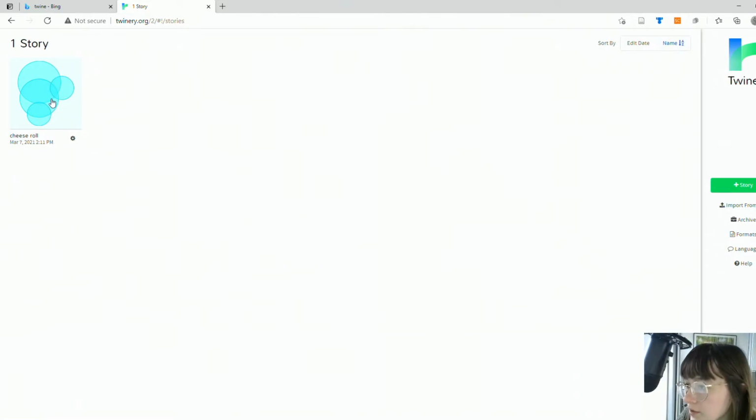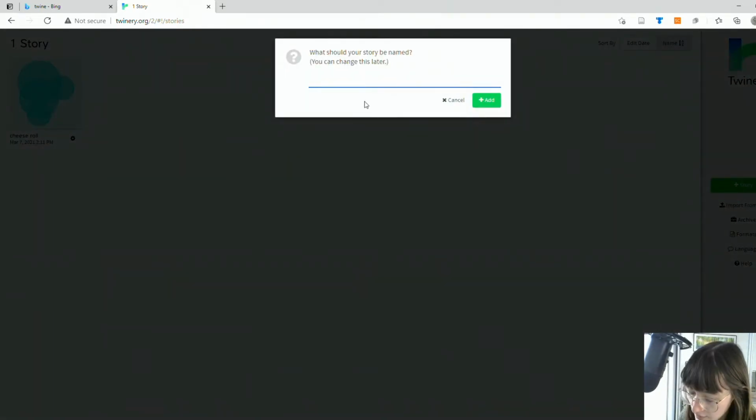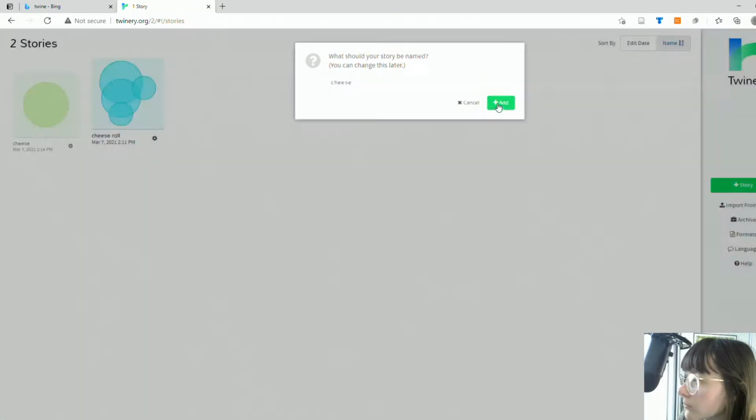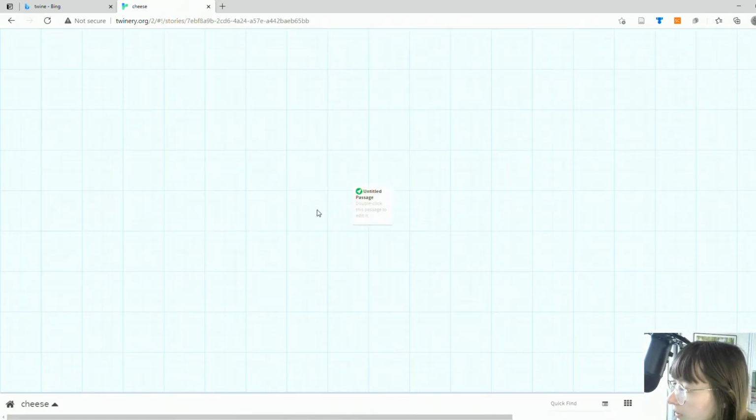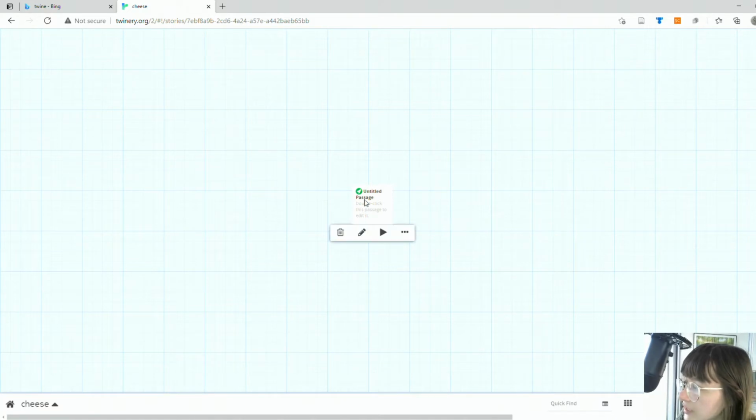I've already got an example here. I'm going to create a new story. Let's start from scratch, and I'm going to call it cheese because that's a subtle hint at what this might be about. So when we create, we get this blank empty sort of stage area, and we get a little rocket appear on our first box. This first box is indicated with this symbol, the rocket. So this is where our story is going to start. So to edit this, we double click,